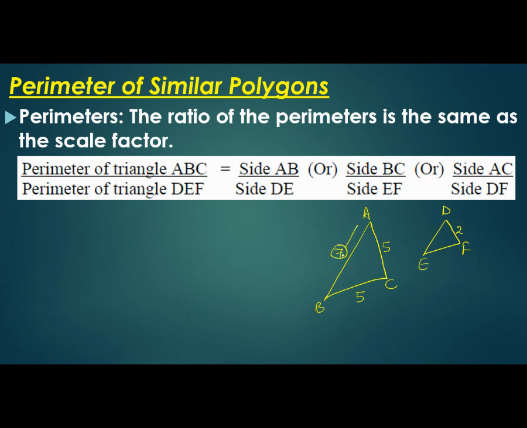Now look at the scenario. You know all three sides of the first triangle. Can you find its perimeter? Obviously, yes, because I hope you remember that the sum of all the sides gives the perimeter. In the second triangle, only one side is given. We don't know the other two sides, but you are asked to find its perimeter. If you come across this kind of question, where you don't have all three sides, then we use this condition, which is the perimeter of